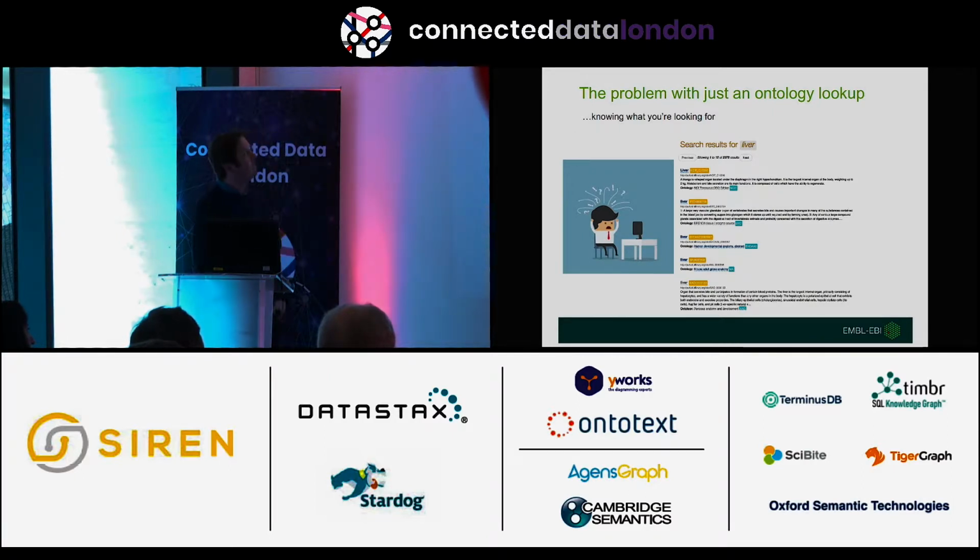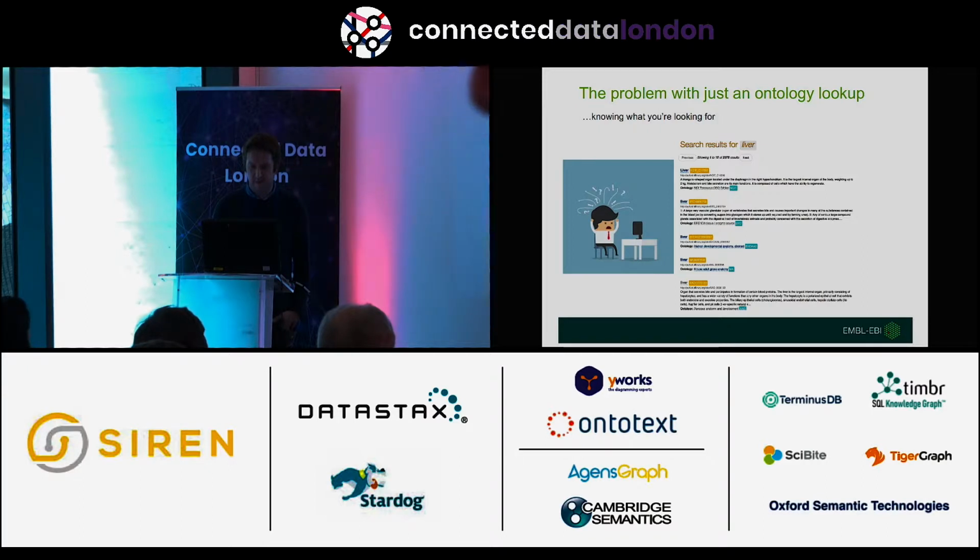Okay, so the problem with an ontology lookup service is if you don't know what you're looking for, you suddenly get lost. So a simple query for liver, you'll actually get about 2 pages of results in OLS because there's multiple ontologies from different species that talk about liver. So then it's, okay, well, which one should I be using? Which one is going to get me maximum interoperability with the other databases at the EBI?